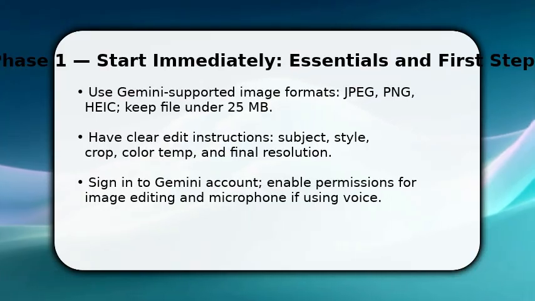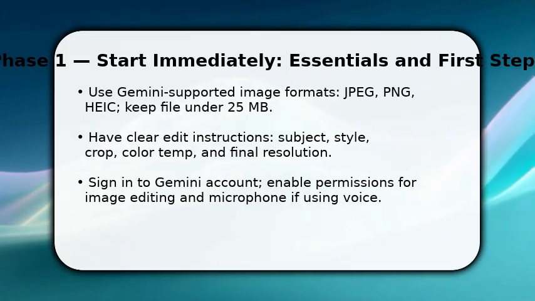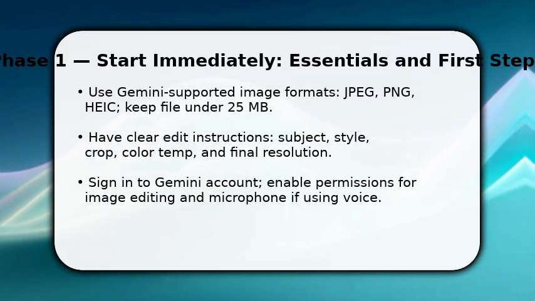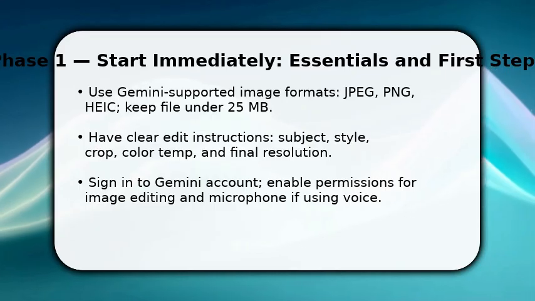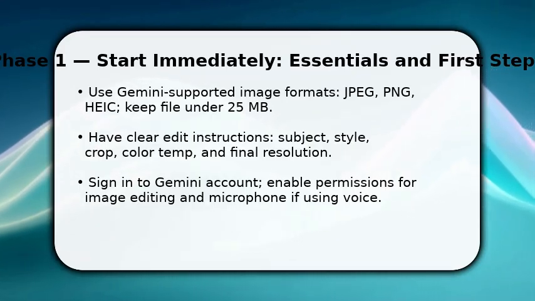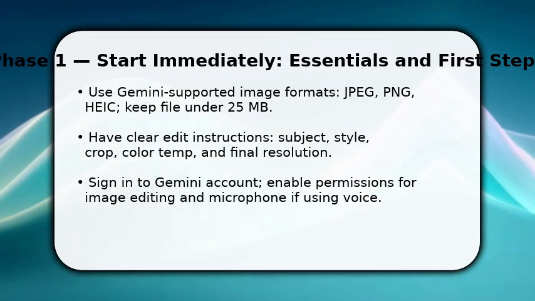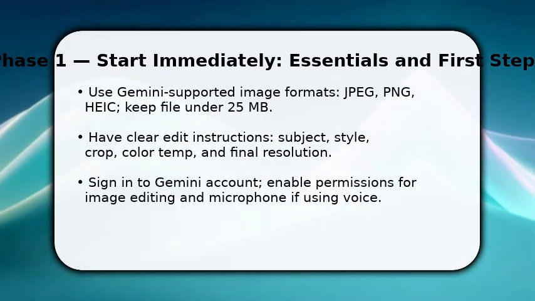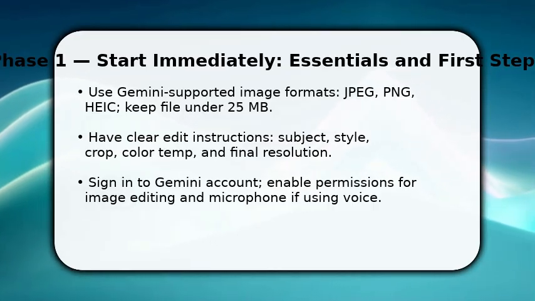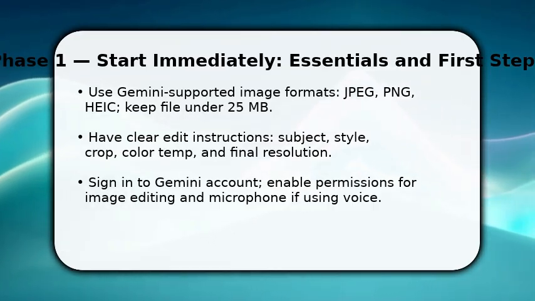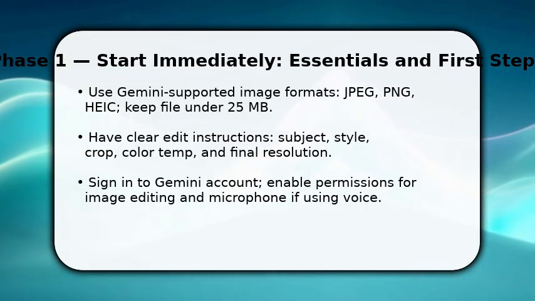You begin by getting the photo and instructions ready. Do this now. Upload the image to Gemini following its format limits, then type or speak concise edit requests, exact crop, color, or retouch details. Once uploaded, confirm the reference area by marking or describing it. Make sure to state final size and output format. This direct start avoids back and forth and gives Gemini immediate constraints, so edits are accurate on the first pass